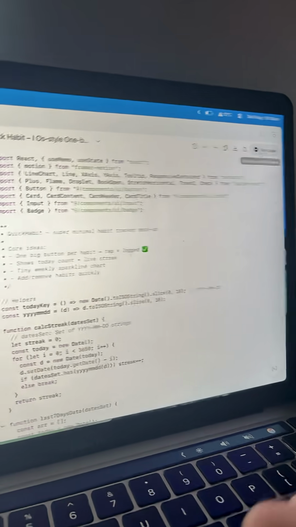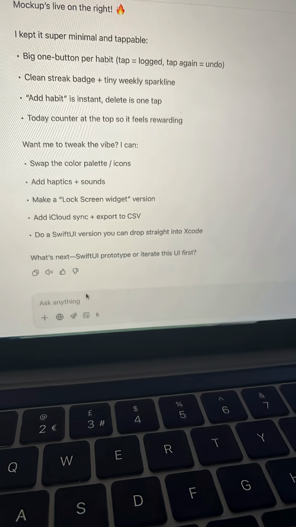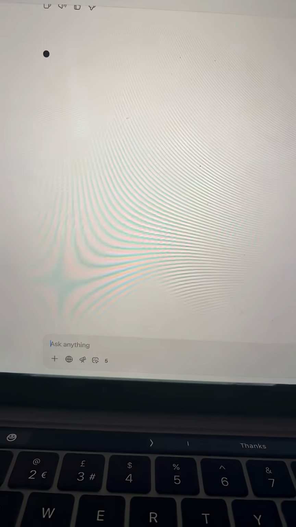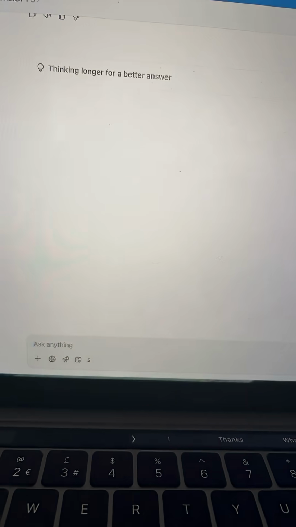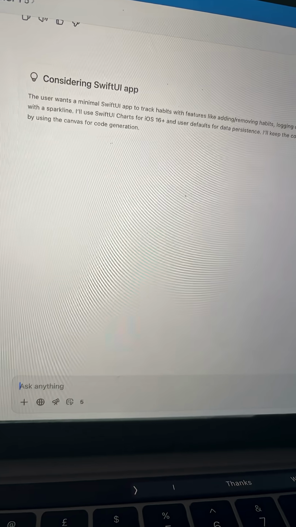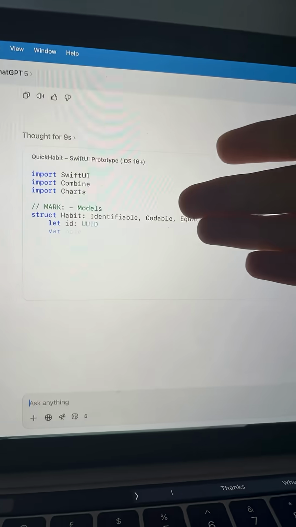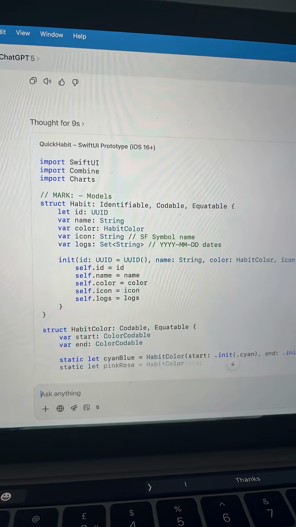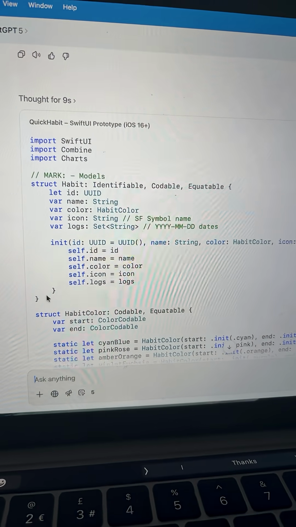So this is some code that we can preview in the actual ChatGPT. But if I want to make this an iOS app, I'm just going to ask it to make Swift code so I can put it into Xcode, for example. And it's going to think for a while. There we go. That's what it's thinking about. I like how it just shows you what it's thinking about. And just bang, within 9 seconds of thinking, it is getting to work and writing code for Swift